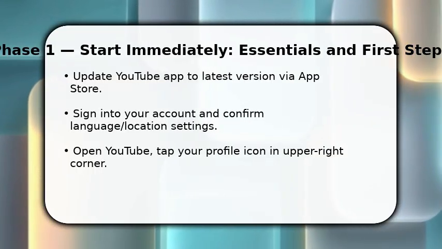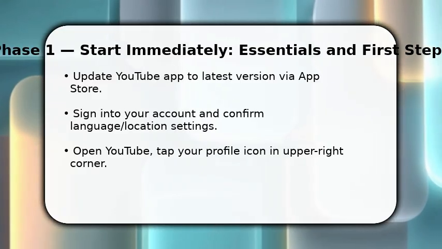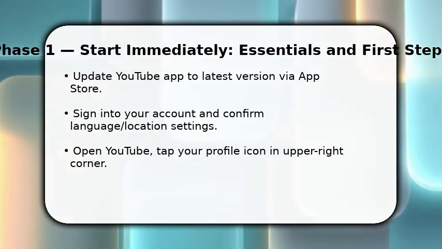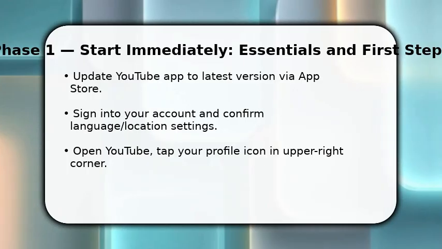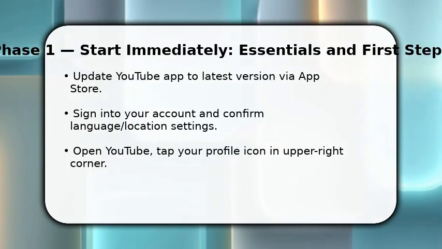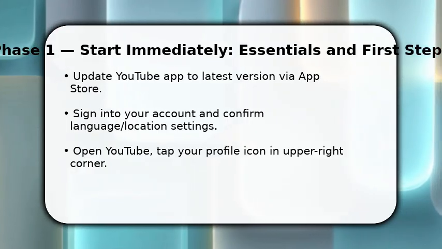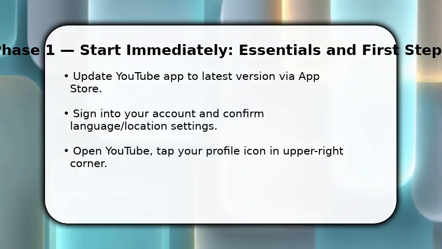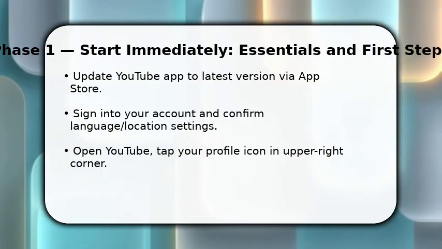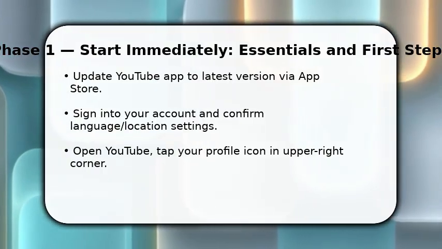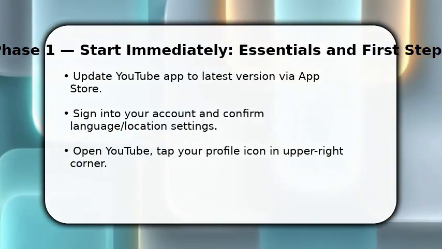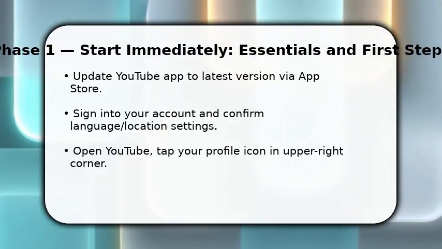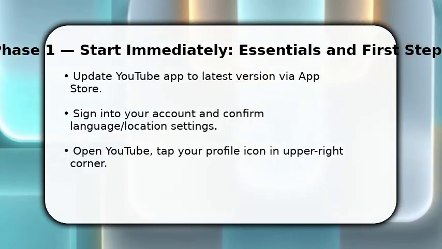You start by updating and opening the app because new settings roll out with updates. You must be signed in, otherwise preferences won't persist. Once done, tap your profile icon in the upper right corner to access account menus. Make sure your app shows the updated version number in settings. This first step ensures the interface matches the instructions that follow, and it prevents wasted effort toggling options that aren't